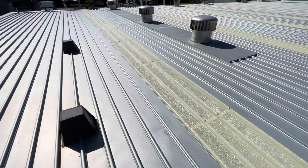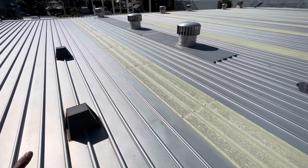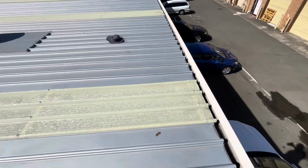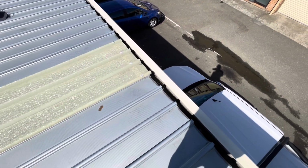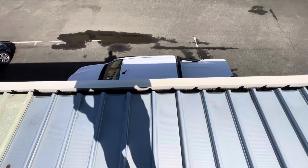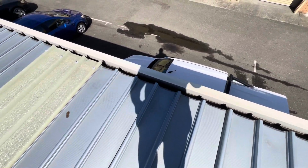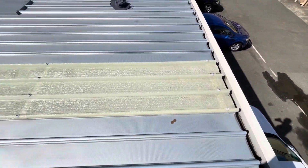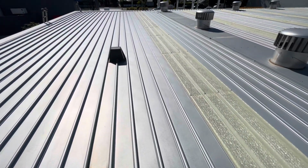The best way to fix this would be to replace the sheeting in this area here with longer sheets and run them into the gutter, the recommended amount. But given that that would be a very expensive fix, considering they've only had the roof done not too long ago,